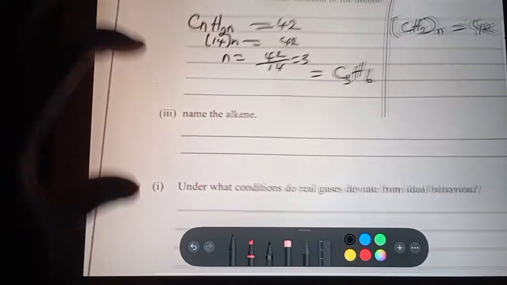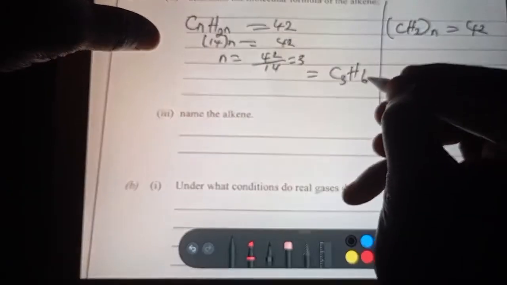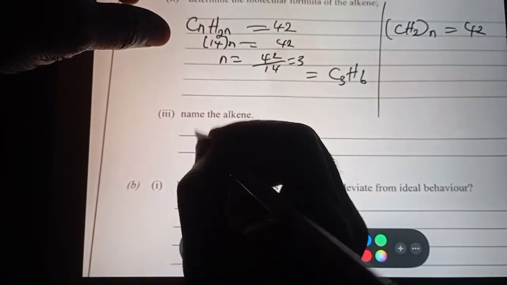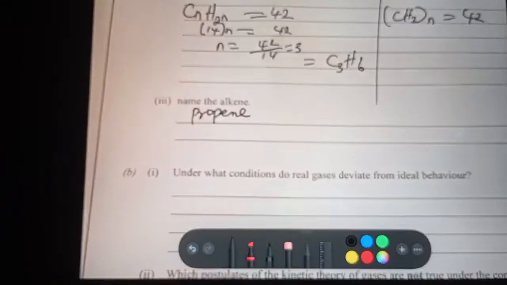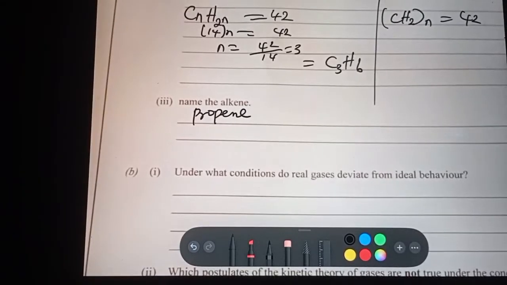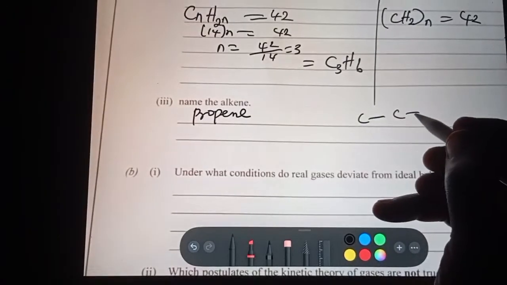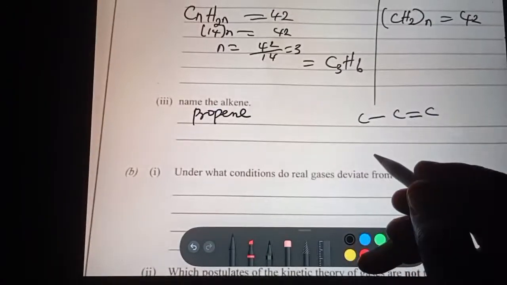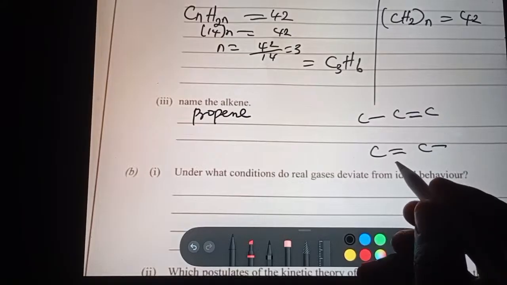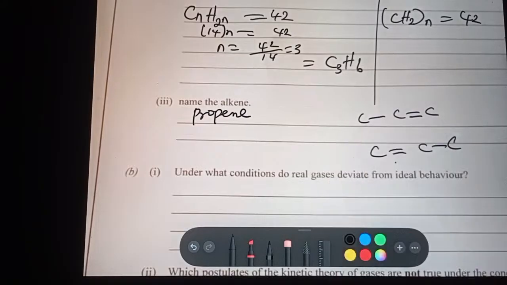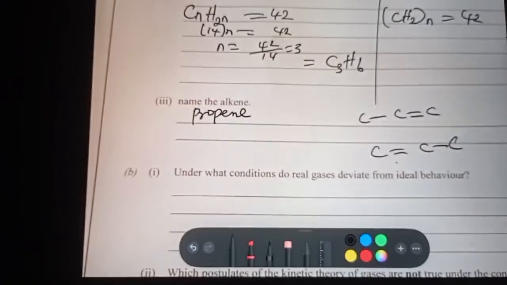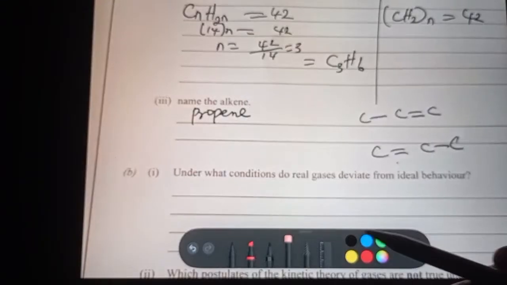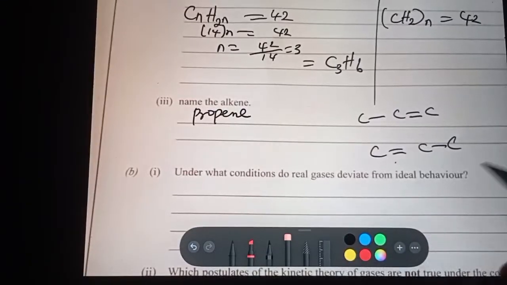Then the next one says, name the alkene. So what's the alkene? C3H what? 6 is called what? Propene. Don't say prop-1-ene, in the sense that we don't have any other propene, meaning even if I have something like this, it is still prop-1-ene. If I decide to bring the double bond this way, it is still prop-1-ene. Therefore, just say propene. In your house, if you are the only David, is there any need of saying David 1 or David 2? No. So we can't have propene 2. So we just say propene. But if you say prop-1-ene, nobody will penalize you.